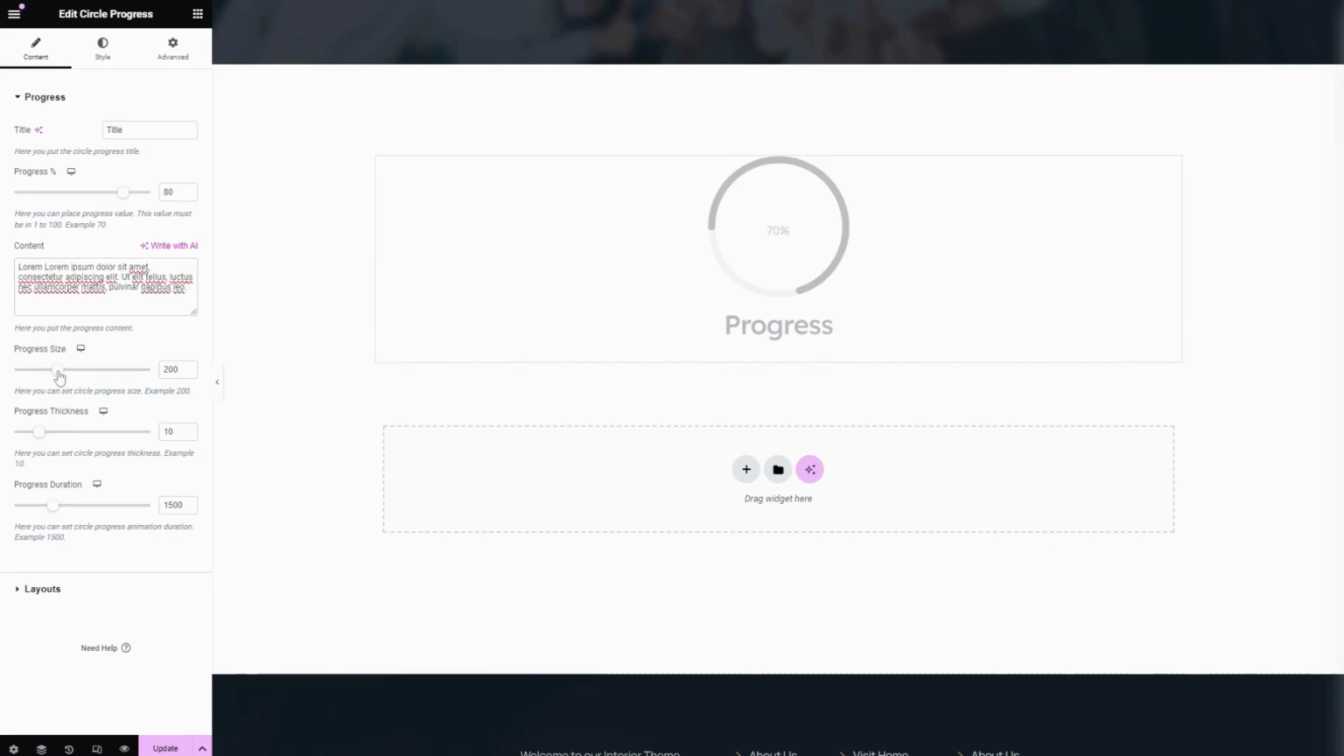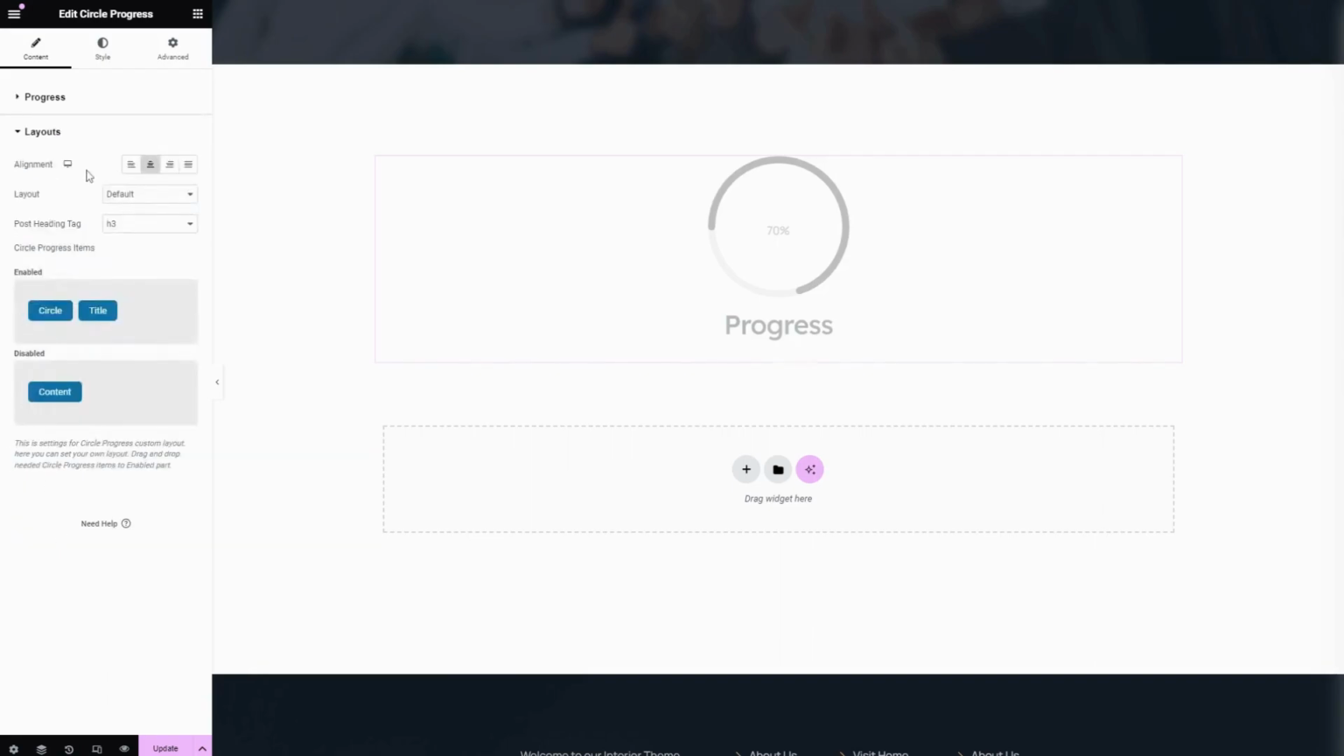And the next option is progress size. Here you can increase or decrease the size. And the next is progress thickness. Here you can increase or decrease the thickness of the progress. And the next one is progress duration. Set as your preferred. And the next part is layouts, and here you can choose the alignment of the circle